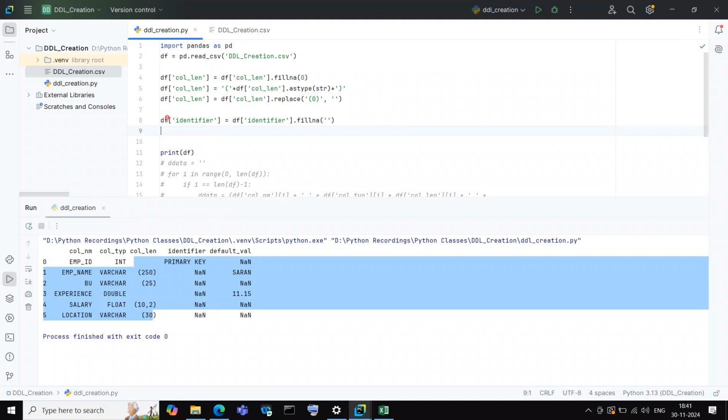So now we are formatting the data, right? That's the reason here we are formatting the default value. To format the default value, I'm iterating my column. To iterate the column, again I will use for i in range of 0 comma length of default val. Now I'm getting the length, like 0 1 2 3. Okay, I store the data in a val equal to